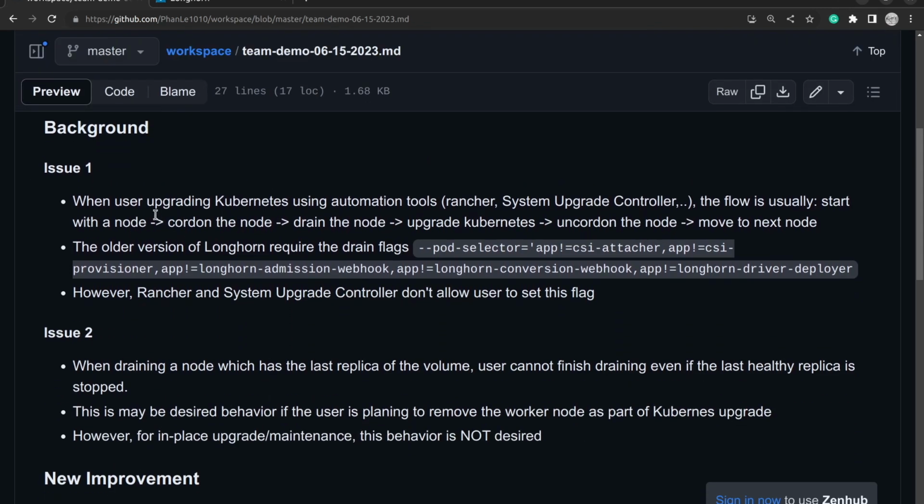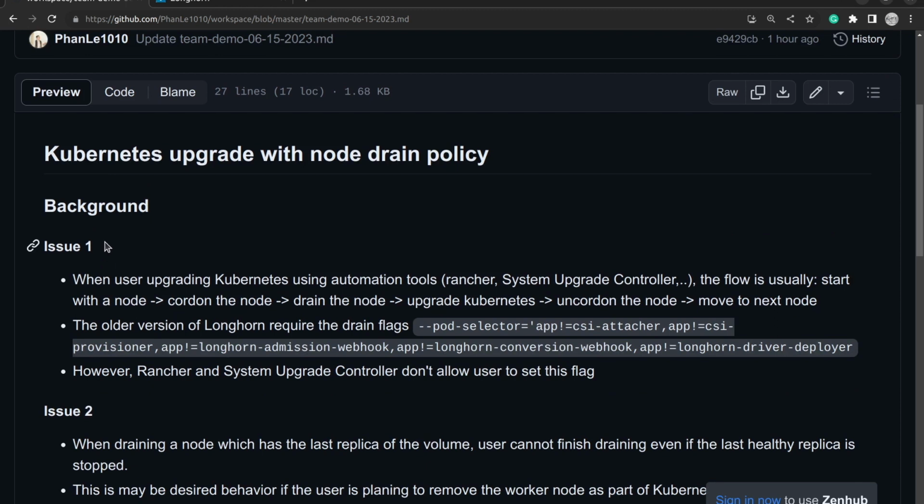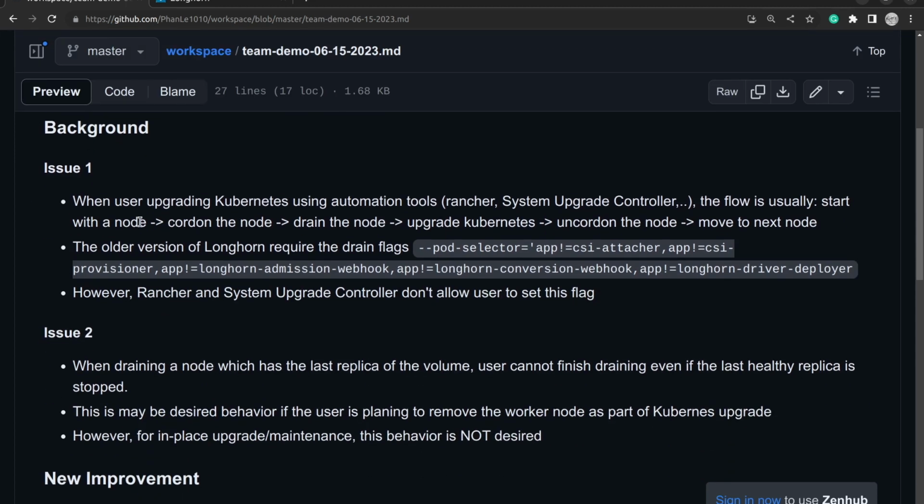So some background information. In the past, we have had a few issues when users do a Kubernetes upgrade. The first issue: some background information for it. When the user upgrades Kubernetes, they usually use automation tools like the Rancher API or another Rancher project, the system upgrade controller, and the flow usually starts with a node,